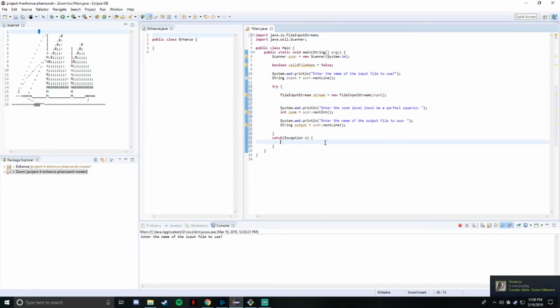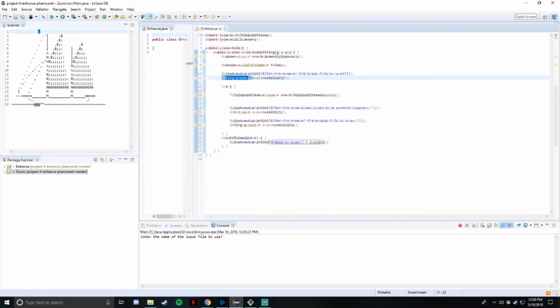So when we catch this exception, we want to say, oh, we were unable to open this. So we can put in that system out right here, and we can say unable to open, and then put in the input, the name of that file that person typed in. So we were unable to open whatever